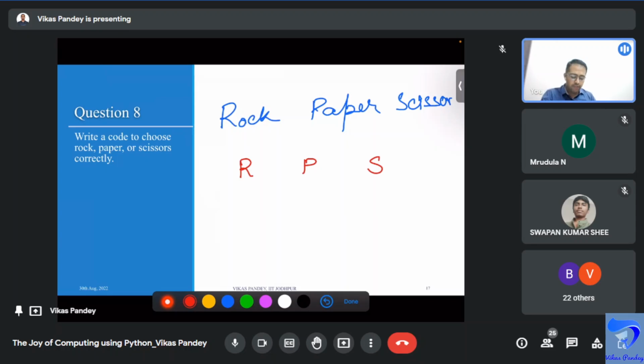Use if and else. If choice double equals R, then consider it as rock. If it is P, then consider it as paper. If it is S, then consider it as scissors, something like that. A lot of things can be done, but an easier way is to do it using